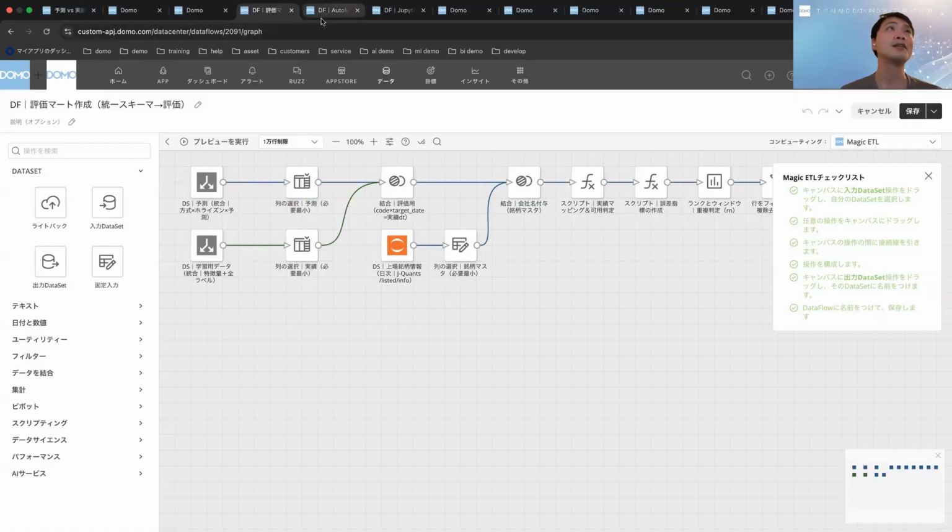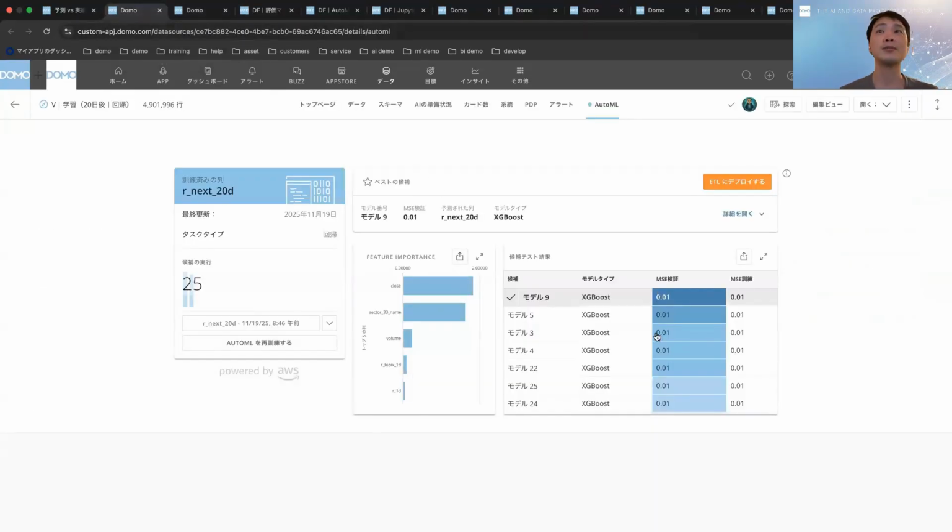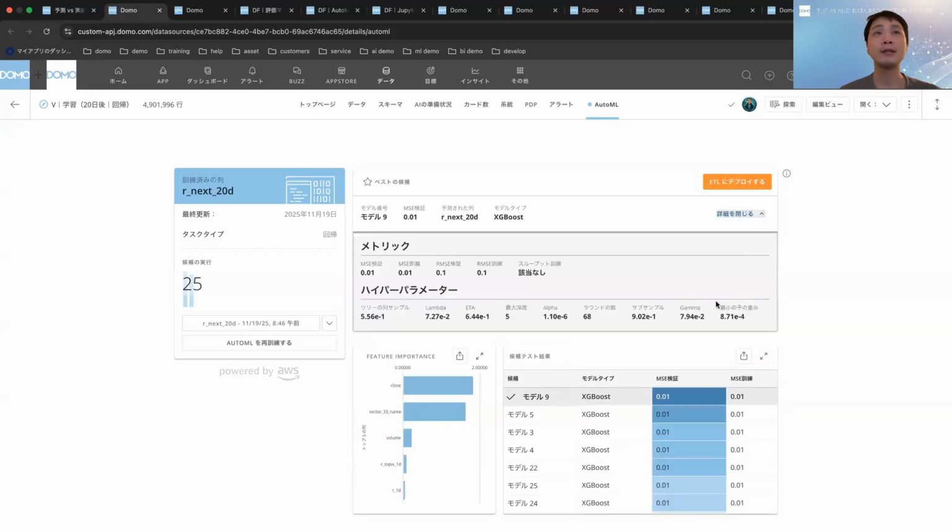In the meantime, this is precisely where machine learning truly comes in. Once that essential kind of data is readily prepared, we then let the machine learn from it. But instead of using DOM's magic ETL for machine learning, we strategically use AutoML to perform the crucial first round of training. With AutoML, you simply provide the necessary training data, and then